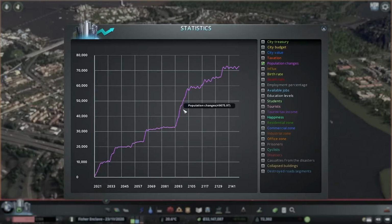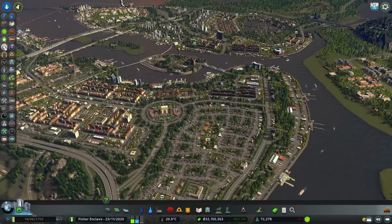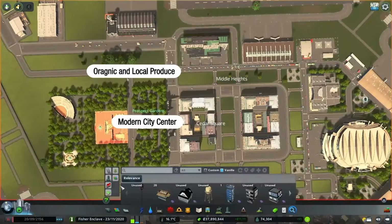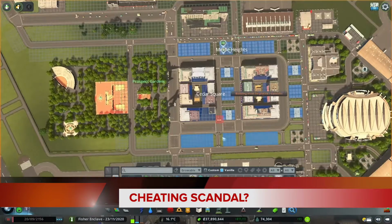mods. But first, Captain Ahvious took the time to remind us all how much we suck at managing traffic in our cities. With a traffic flow of 92%. So let's blue. Captain Ahvious has been building this city under vanilla rules, but controversy erupted in the middle of